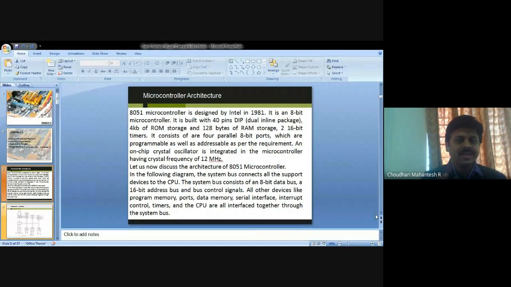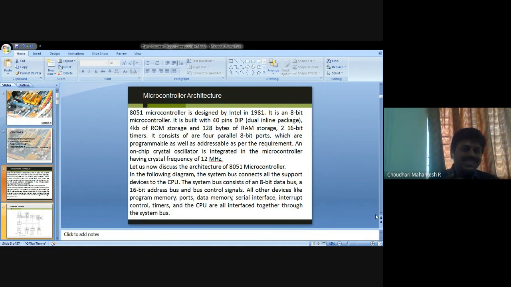The 40-pin DIP, or dual inline package, is what you have for these kinds of 8051 microcontrollers. When you come across these controllers, like the one I'm holding in front of the camera, what do you have? On the basic storage side, you have 4 kilobytes of ROM and 128 bytes of RAM: ROM 4 KB, RAM 128.